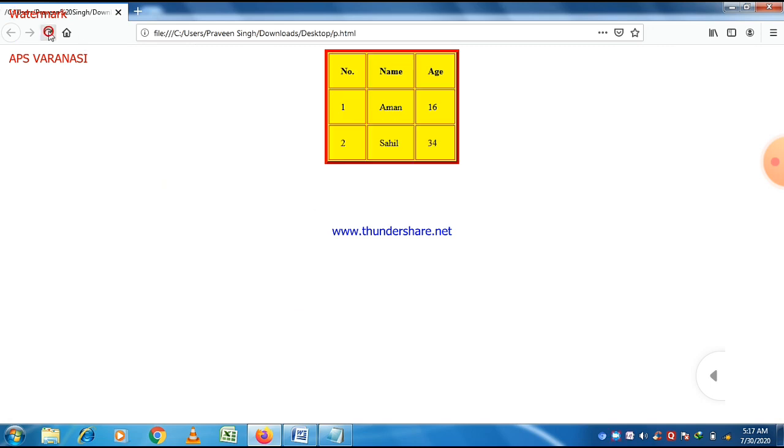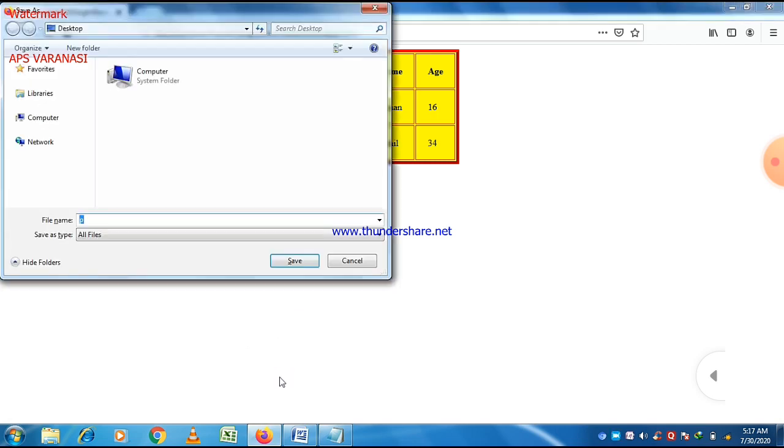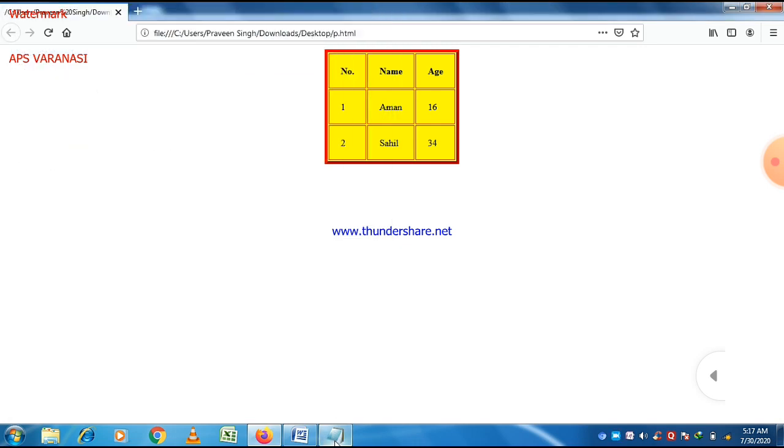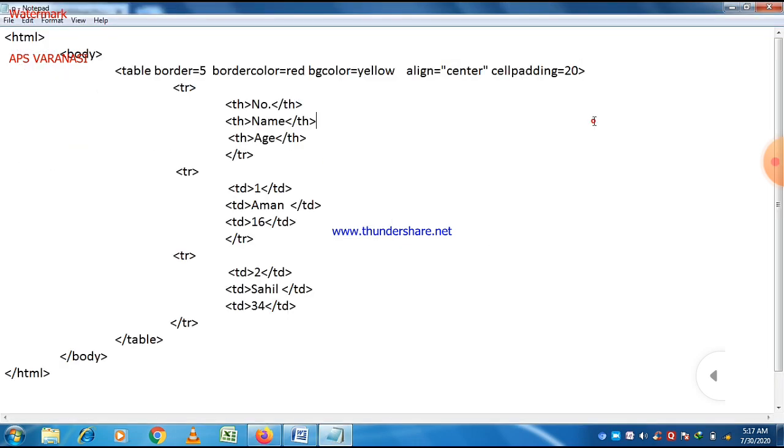Now you can easily see that the space between the content and the body of the cell is increased here. You can give it more value, then there will be more space. So that is the role of cell padding.